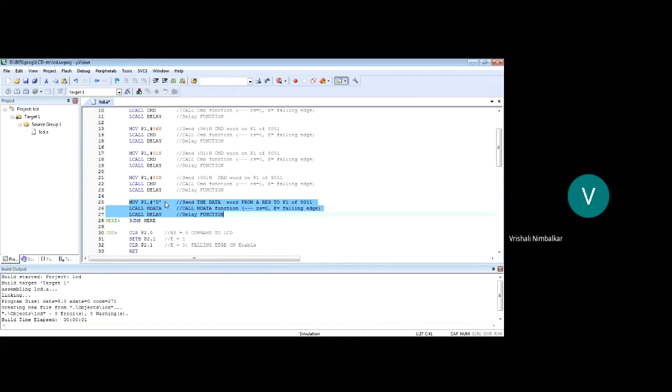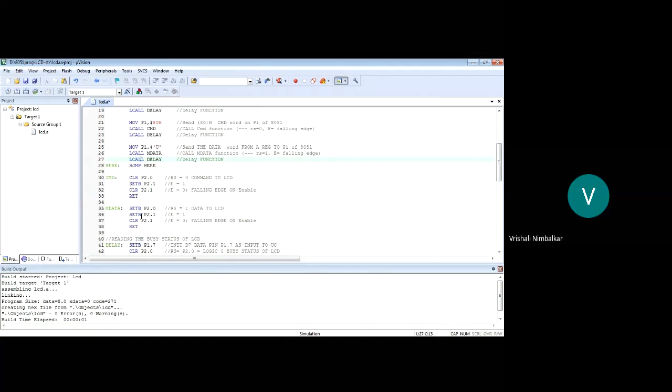Take the characters one after the other, send them on port 1, call the data function, that is, activate the control signals. Okay, then call the delay function. Is that okay? So if it was a single character, that is the reason we gave hash and the character. Now I cannot do it like this because my characters are stored in program memory.